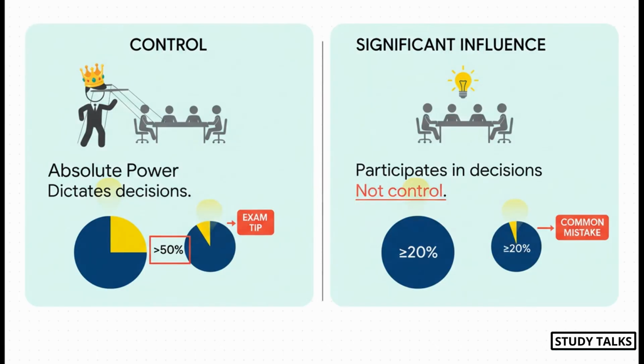So you have to know the difference between control and significant influence. Think of control as being the king. You own more than 50% of the votes, you can hire and fire the board, you make the rules, period. And one quick note, control under AS18 is actually broader than under AS21. Now, significant influence is a step down. It means you have a seat at the table, you can participate, you can influence the king, but you can't give the orders yourself. And the magic number here to remember, 20%. If you've got 20% or more voting power, we presume you have significant influence.